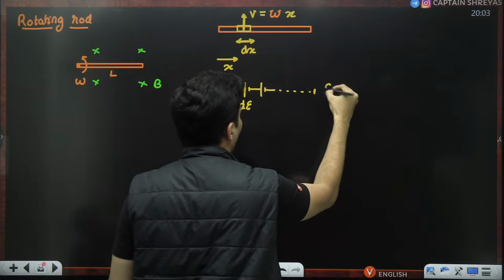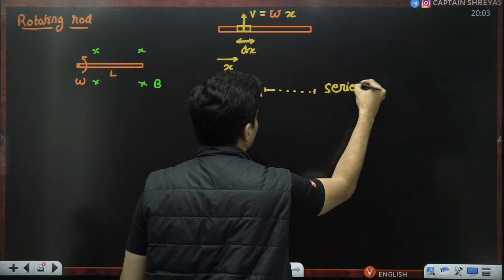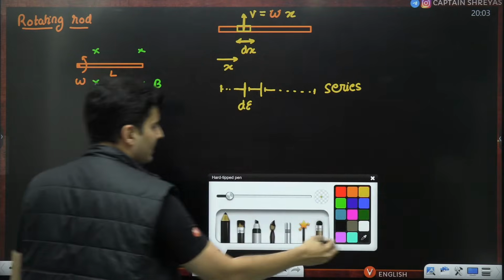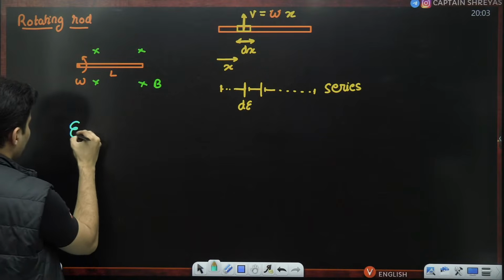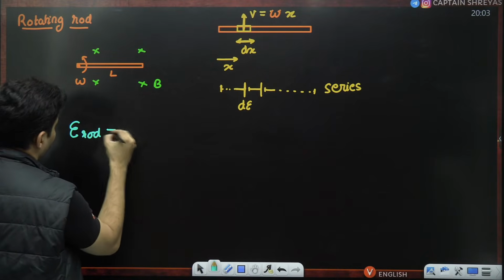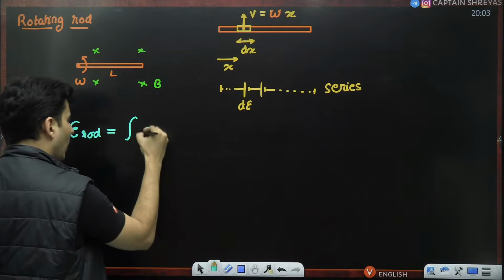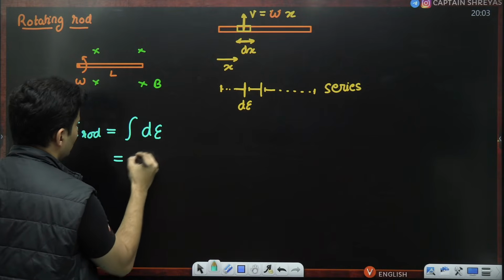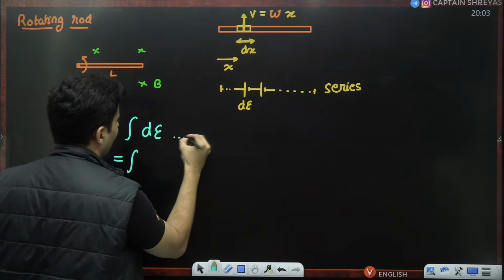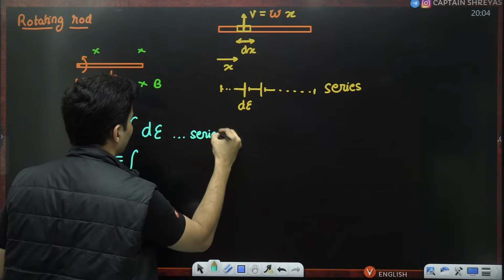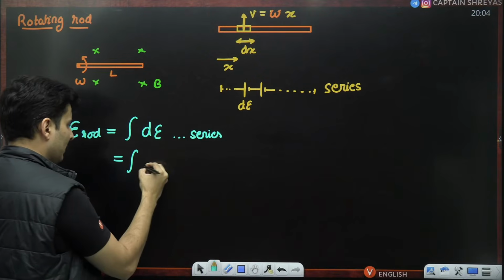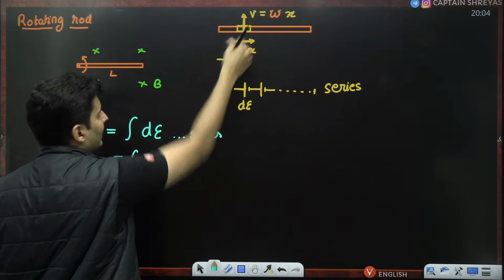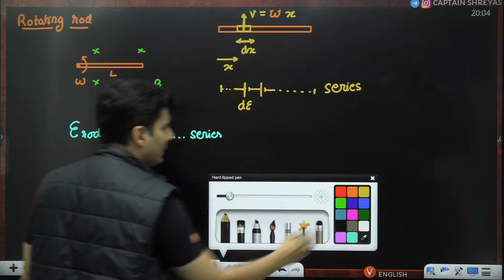All of them are in series. Hence, I will say that the total EMF induced in the rod is the sum of all those small EMFs, because all of them are going to be in series. So EMFs will add, and each small EMF will be that small length, which is nothing but your dx,